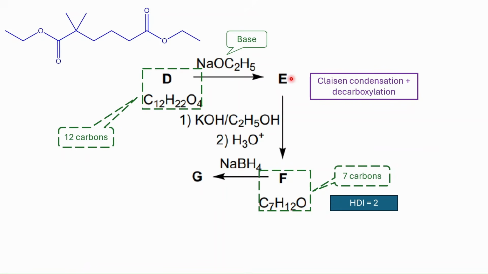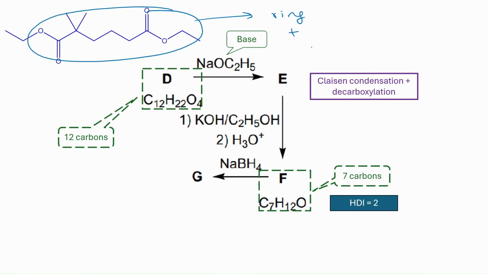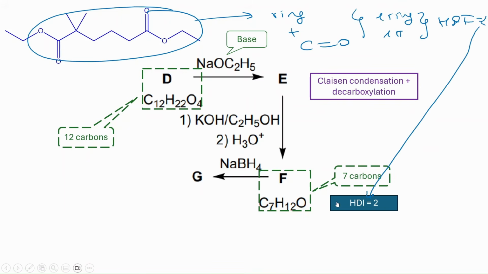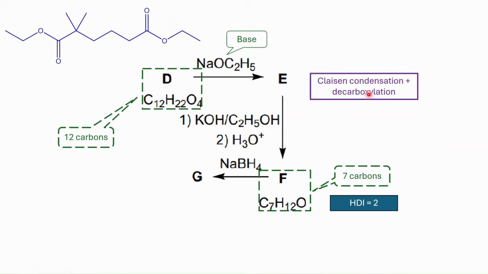of unsaturation. Indeed, an intramolecular Claisen condensation will yield a ring. So we would have a ring, because we are just applying a base to D ester. So this would cyclize, and we would have a ring here from the Claisen condensation, and a ketone double bond. So having one ring and one pi bond would yield an HDI equal to 2, which is in perfect alignment with our calculation. So let's see the mechanism and the structure of E as we propose a Claisen condensation